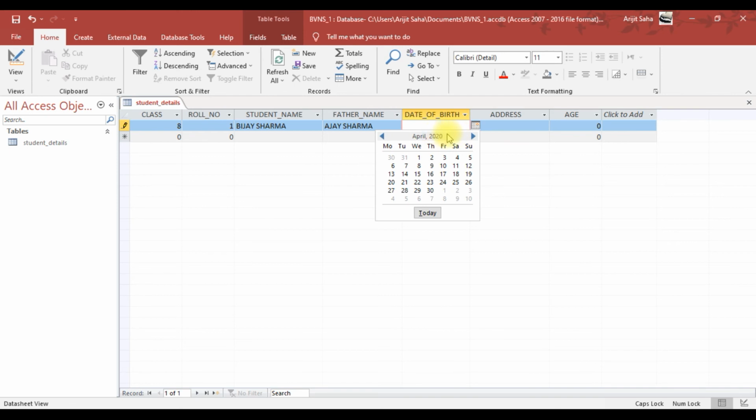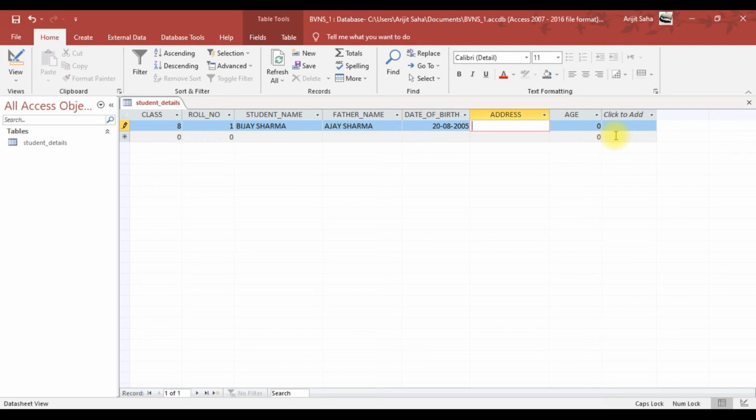You can click over here to browse through the dates, or you can write something over here. Suppose you want to give a date, so I'll give maybe 28 and then 2005. So this way dates can be entered very easily. For address, let's give an address like Mayapur, Nadia, West Bengal.